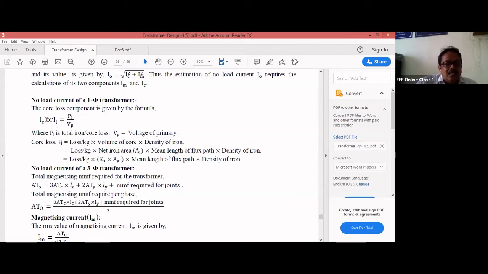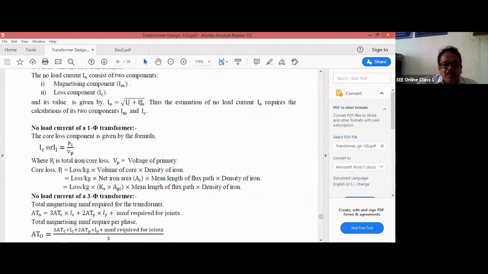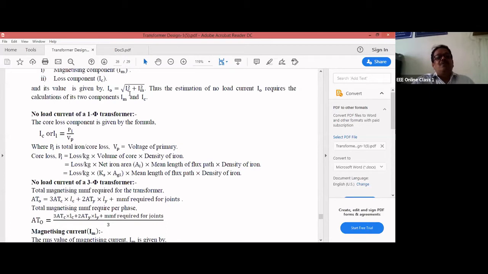That is regarding IC. But still, you have to calculate IM, the magnetizing current. This is also called the core component, loss component, or magnetizing component. All of them are called the active component and reactive component, where IC refers to the active component and IM refers to the reactive component. They are alternate names for your magnetizing component or loss component.